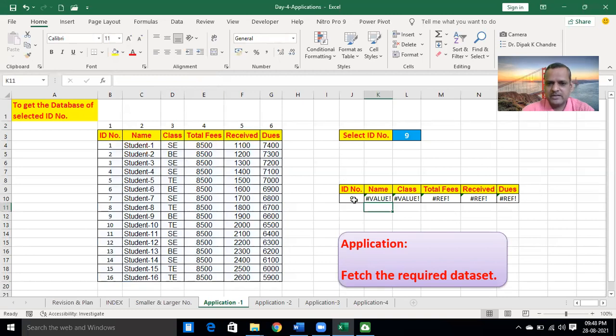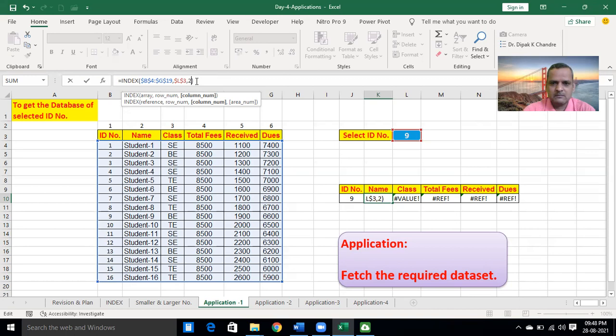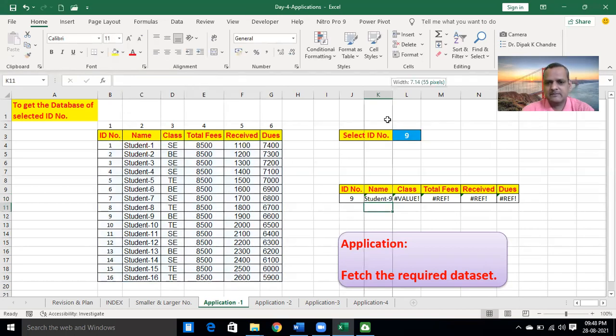Okay. So you need to change the row number. How to give the row number? Manually, if we write 2 here, see, the student name is coming.